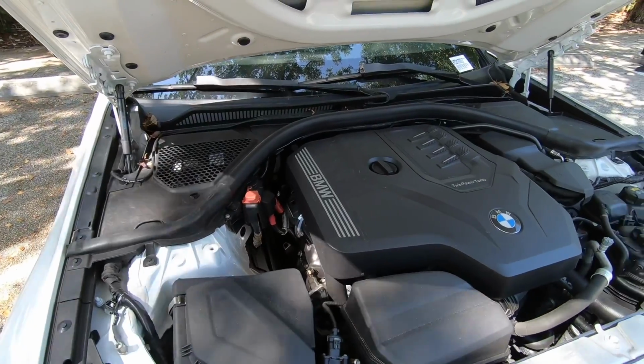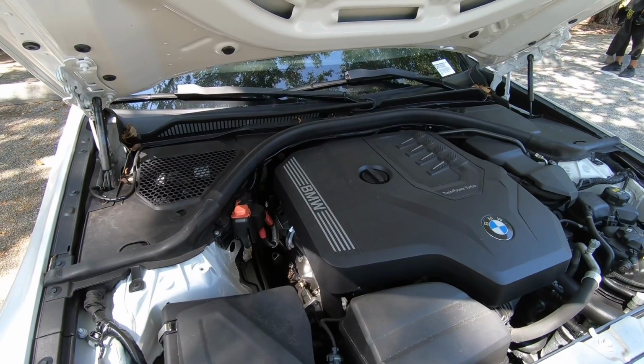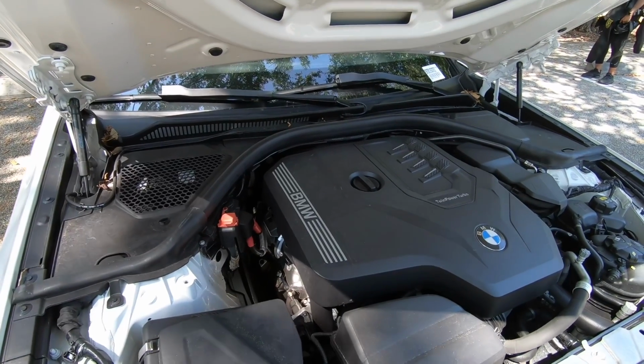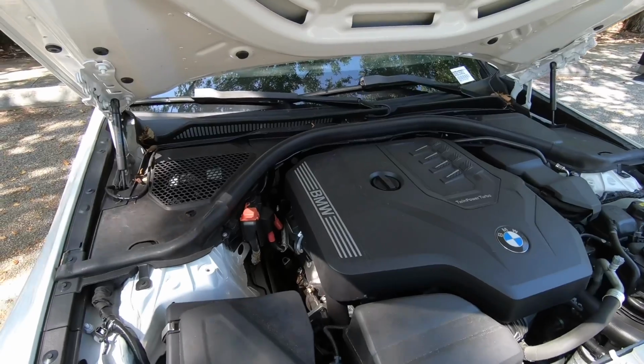It's paired with an 8-speed automatic, and as the 330i sits, it weighs around 3,500 pounds. My tester has the rear-wheel drive. If you go for the all-wheel drive model, it's going to weigh around 3,700 pounds, 0 to 60 in 5.3 seconds. But shutting the hood here of the 330i,